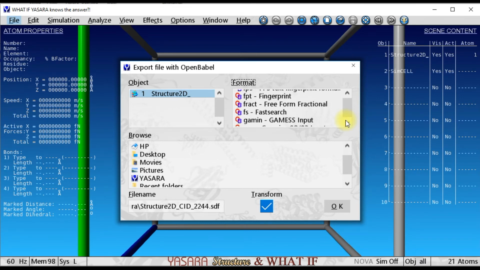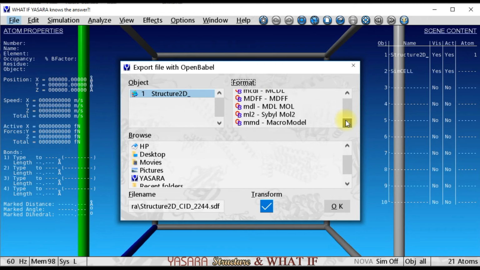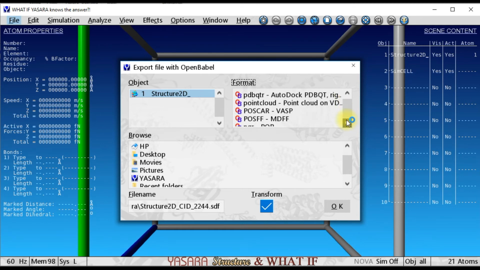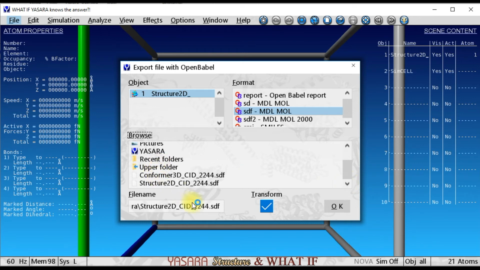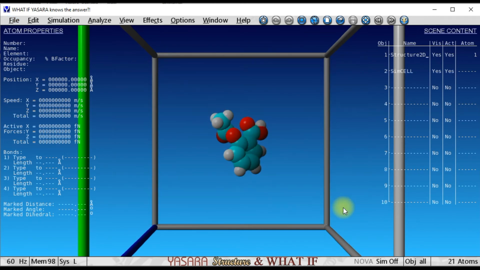Here we will save it as SDF format and click on the folder where you want to save it. I wanted to save it in the same folder. I'll write EM, which means energy minimized, and click OK. The molecule will be saved now.